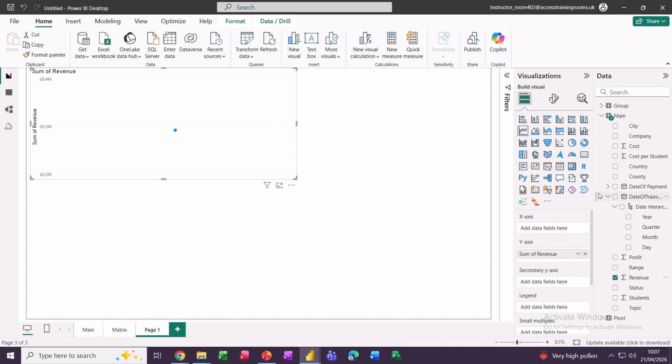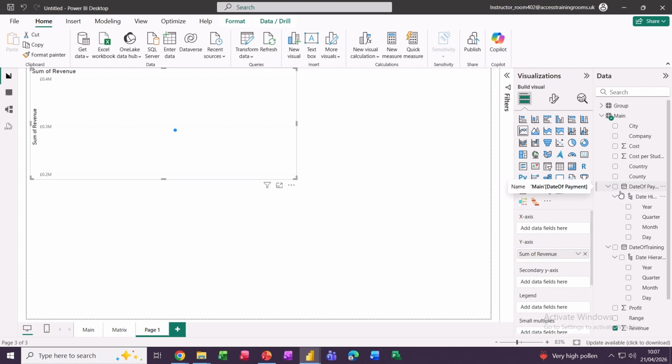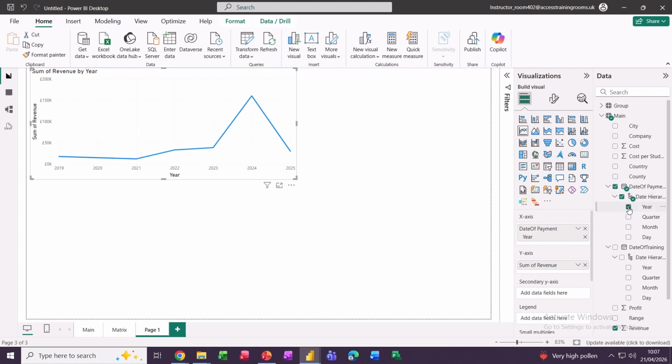So I've got two date fields. I've got date of payment, and I've got date of training. So you notice these date fields have got these chevrons pointing into them, which you can open up, and then you can tick whatever duration you've got. This is called date intelligence. If you don't have this option and it's just a list of dates, you can go into options and tick the date intelligence on. And I just want this to show me the year,